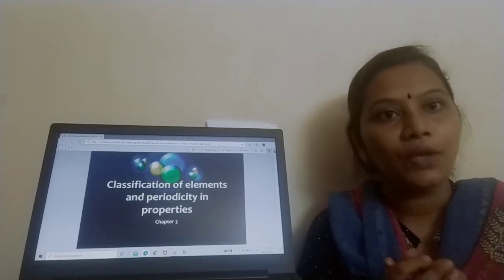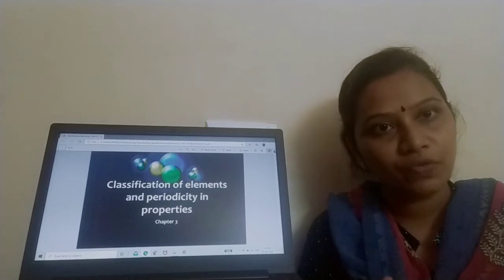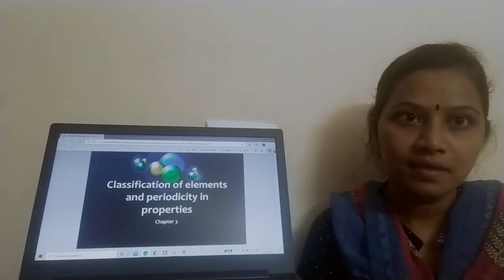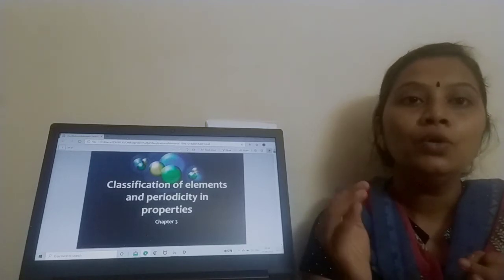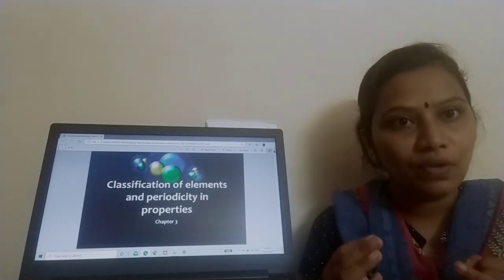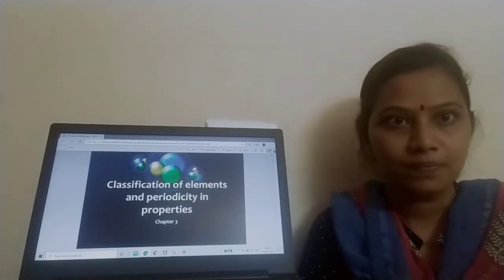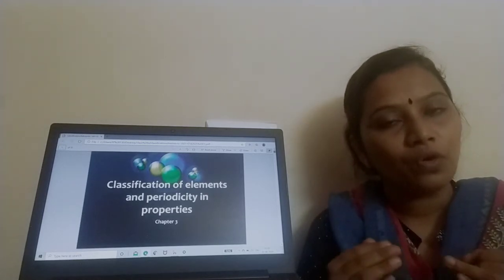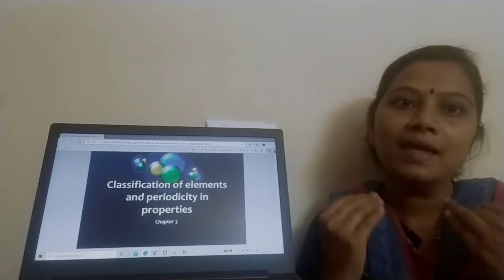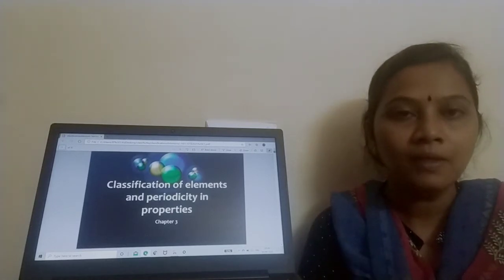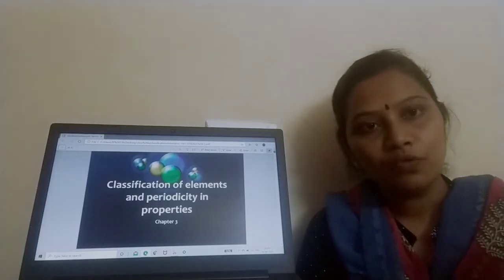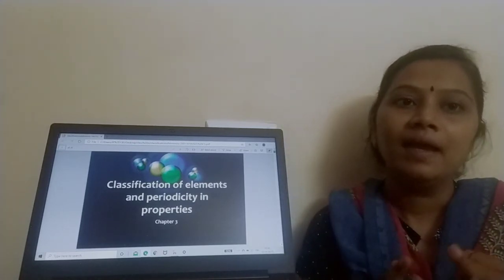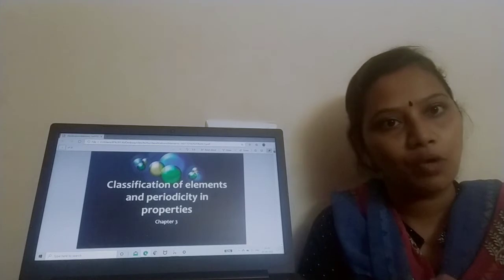Then what is ionic radius? That definition also we have seen. It is the probable distance between the center of the nucleus and the ion up to which it has its influence on the ionic bond. Okay. Till now we have seen that ionic radii also follow the same trend as atomic radii. Means what? It decreases as we move from left to right across a period, and it increases as we move from top to bottom of a group.